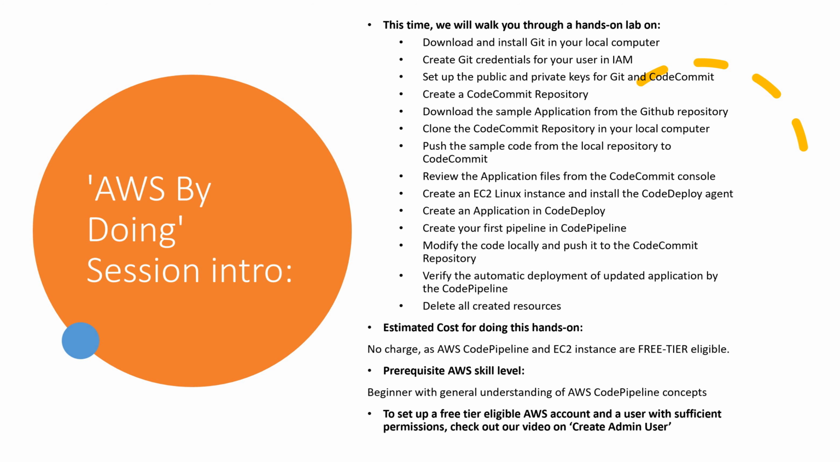This time, we will walk you through a hands-on lab on download and install Git in your local computer, create Git credentials for your user in IAM, set up the public and private keys for Git and CodeCommit, create a CodeCommit repository, download the sample application from the GitHub repository, clone the CodeCommit repository in your local computer, push the sample code from the local repository to CodeCommit, review the application files from the CodeCommit console, create an EC2